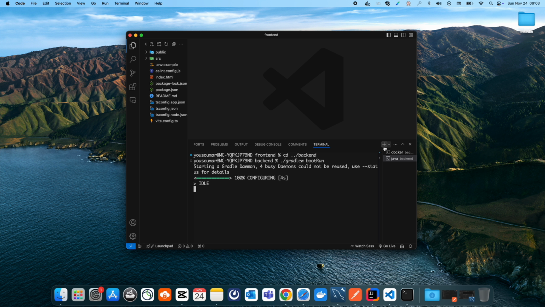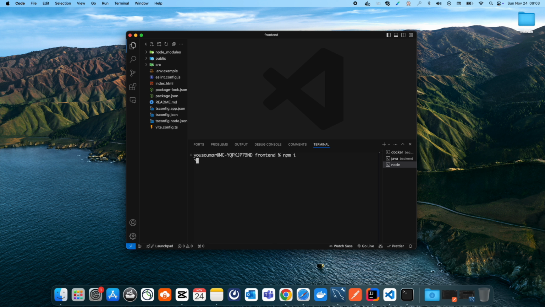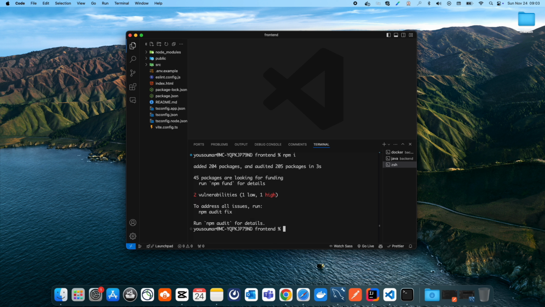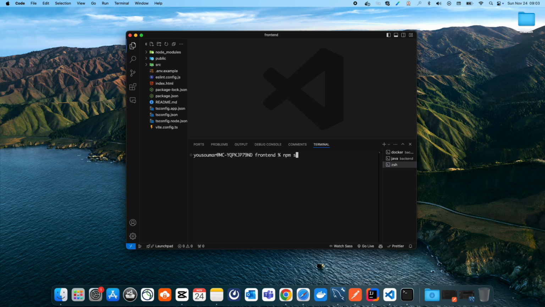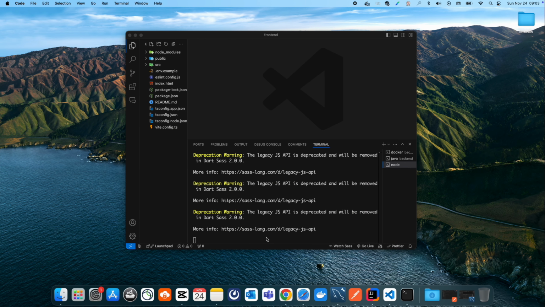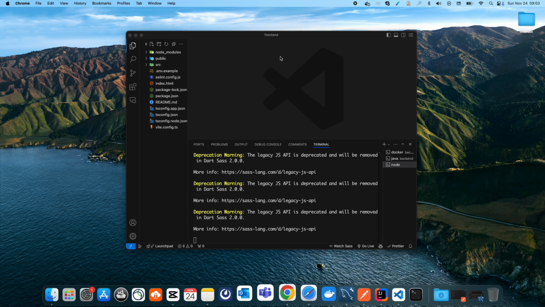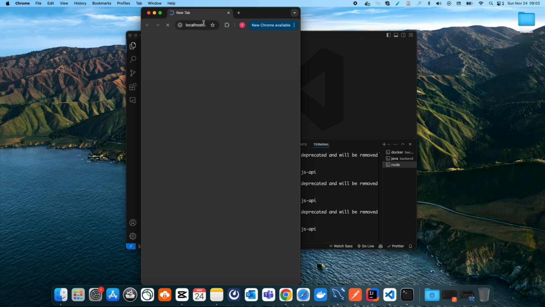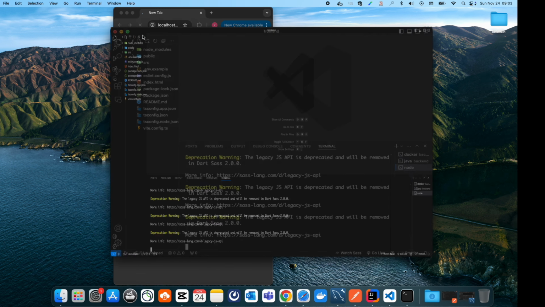And finally we are going to start our front end. First we need to install all the packages, then run dev, like so. So this is going to make the project run here. I'm gonna grab this URL and I'm gonna have a